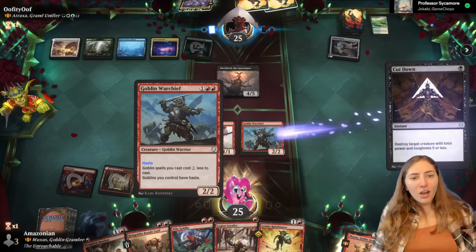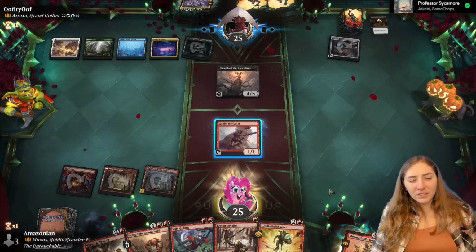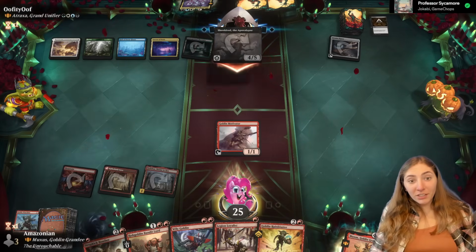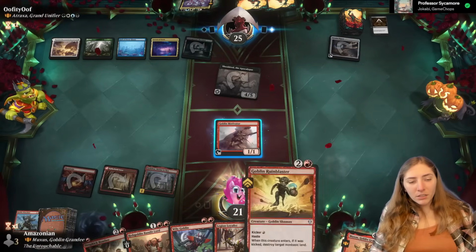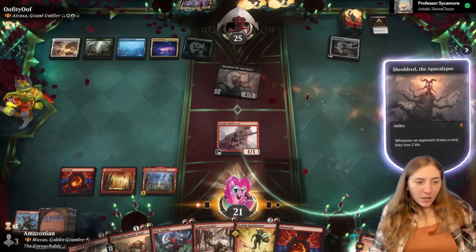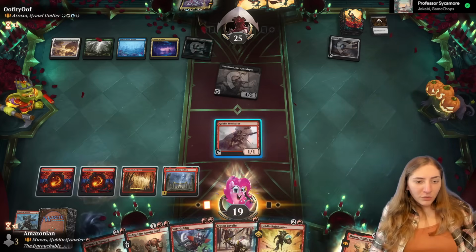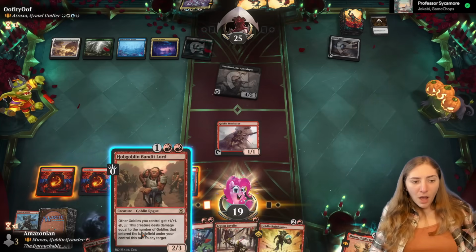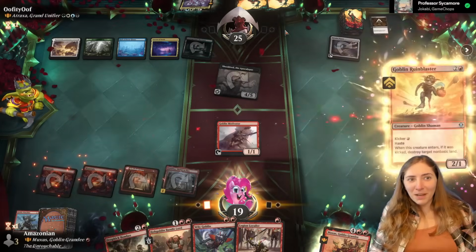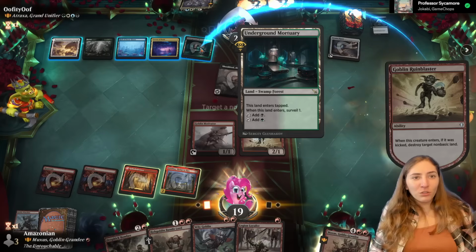Oh no! My War Chief! I take 4 from Sheoldred, and I'm sure I'm going to take even more from her. Thus is the way of the Sheoldred. I could double spell, something like Legion Loyalist, Hobgoblin Bandit Lord. But I really want to destroy that land. It's going to make me feel good about myself. I will destroy the...